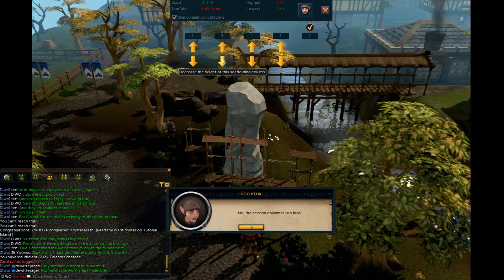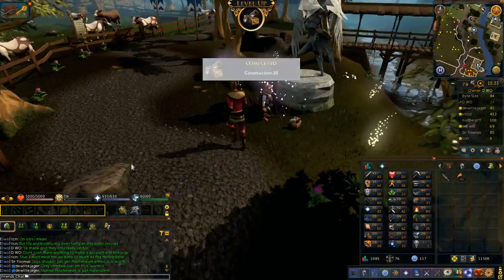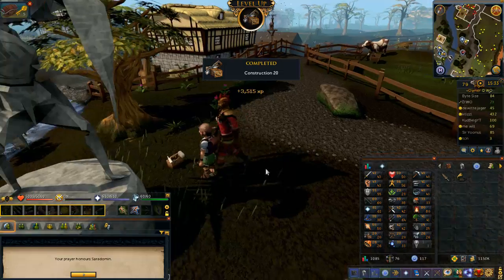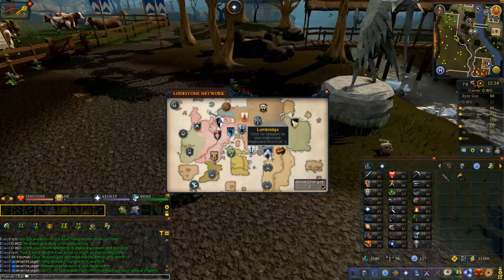So we'll lower that and put a different one up and then tick it again. Okay, that one's now correct. And so on until you've figured it out. So once it's done, you get a fat bunch of construction XP. And if you've gone for the prayer one, you just pray at the statue and you get some prayer XP as well. So I believe they are Lumbridge,